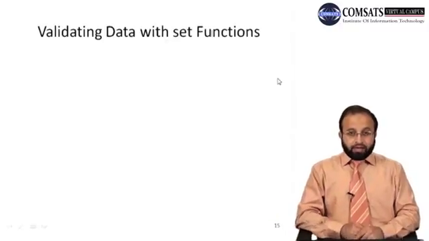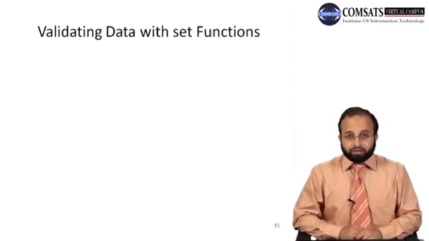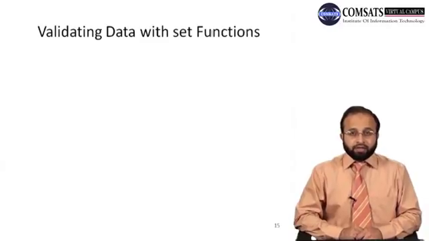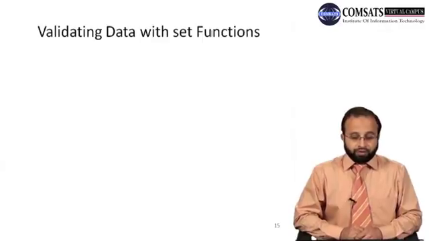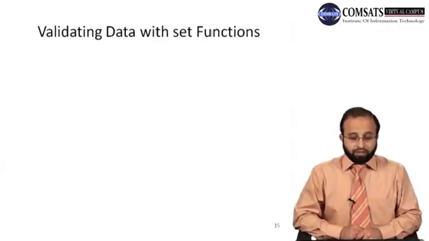Now another thing is validating data with set functions. The purpose of a set function is that it is used to initialize or assign any value to the private data member of the object of that class, right? So what we can do is validate the value before assigning it to the object of that class. For example, in the case of a distance class,